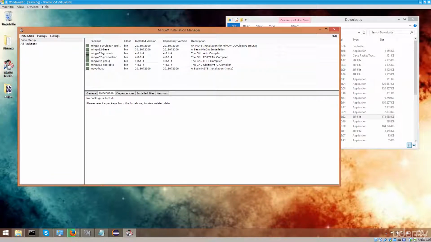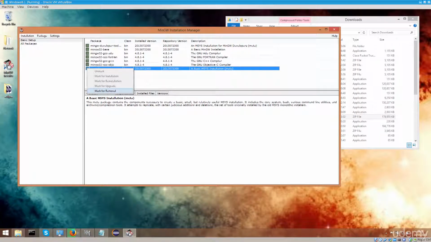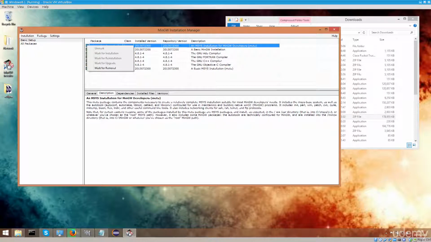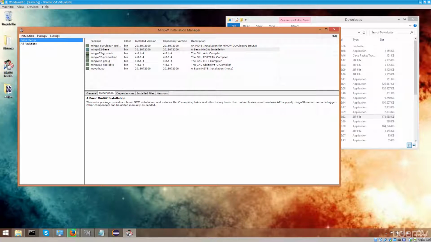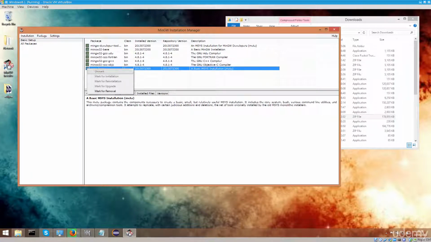Something happening over there. Okay, so we are now in the MinGW installation manager, and originally all of these are green, but they won't be for you. So all you need to do is right click on this and then go mark for installation. Click on that, it'll become green. Next one, mark for installation. Click all of them in that fashion. So once again, it's not going to be green for you, so just go ahead and right click on it, click on mark for installation,